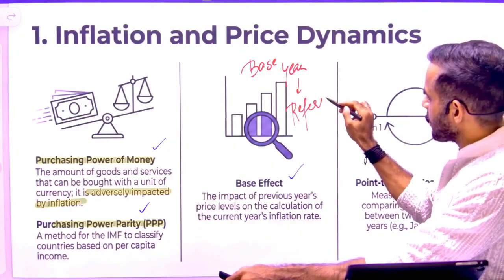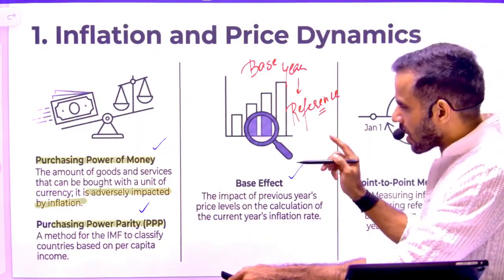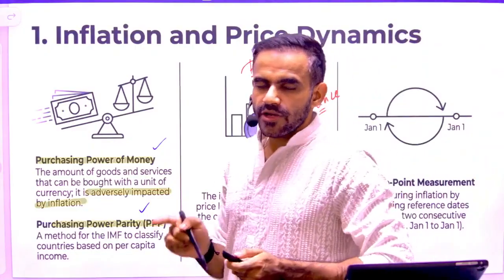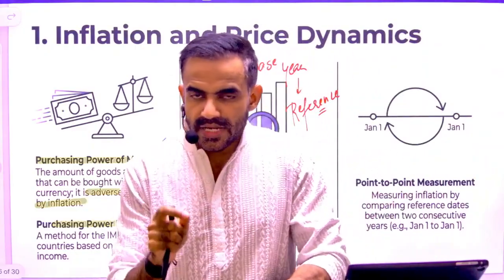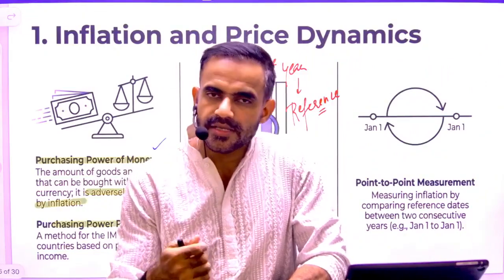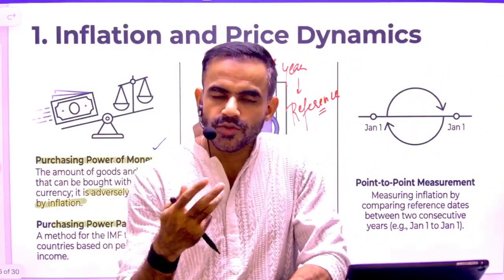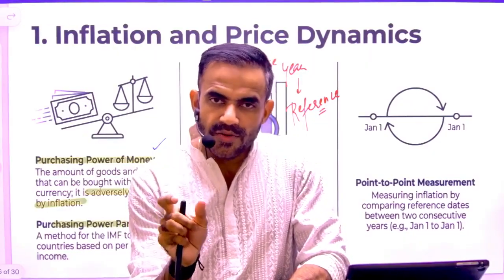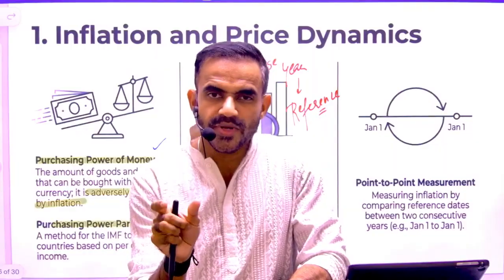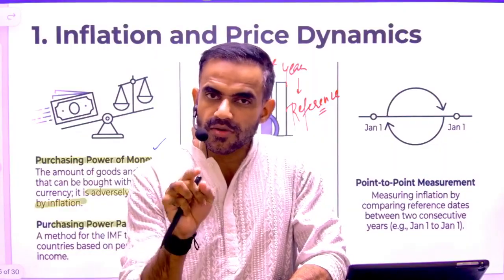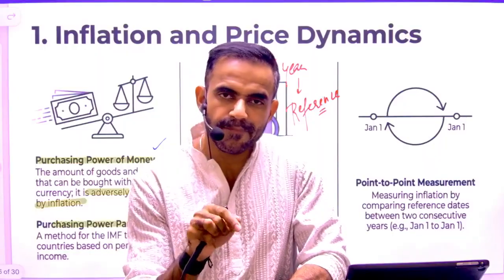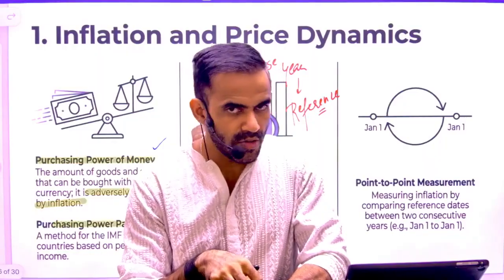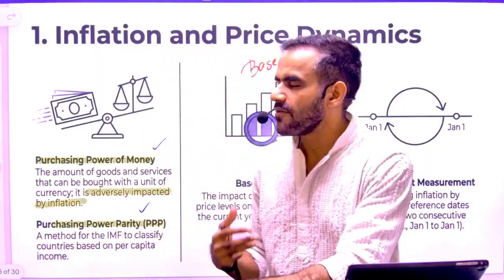For example, if I ask you one question, what was your height when you were in 10th class? Let's say you were in your 10th class in, let's say, 2020. That simply means I am asking what was your height in 2020. So in this case 2020 is the reference year, the year with which we are comparing our current level. Similarly, we have a base year.